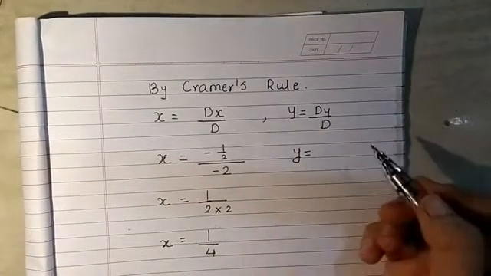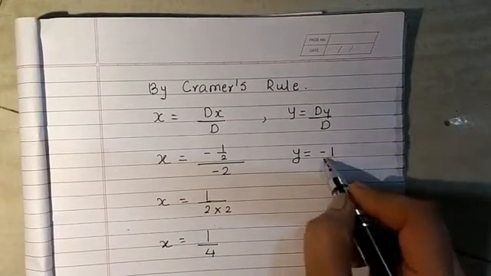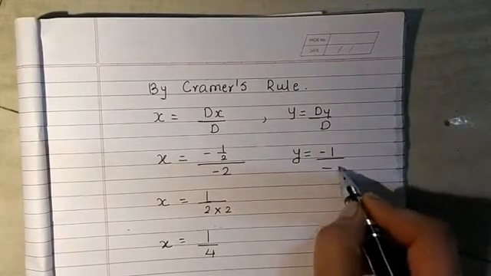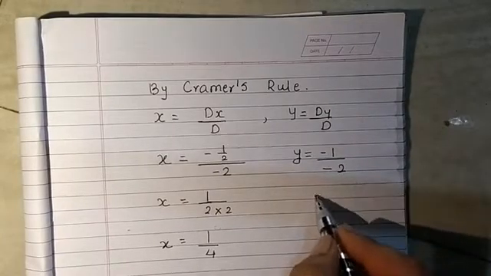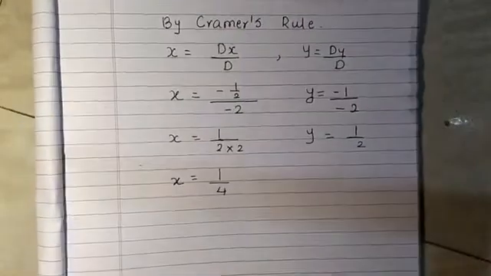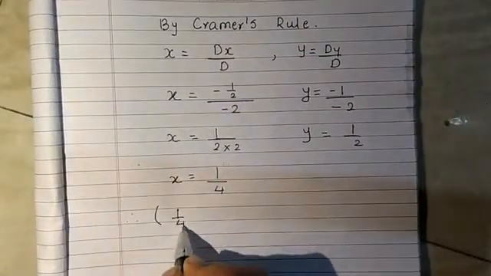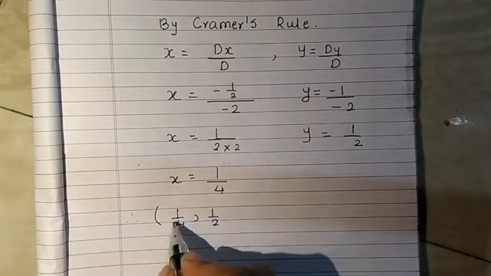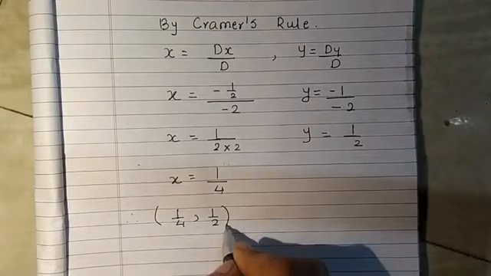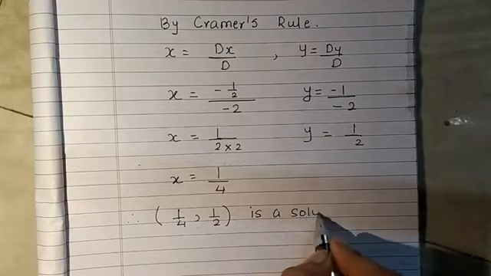Then y, which is dy. What is the value of dy? The value of dy is -1. The value of D is -2. So I will get the final answer 1 upon 2. So I got y is equals to 1 upon 2. So I will write down my final answer: 1 upon 4 comma 1 upon 2. Always x comes first, then y. 1 upon 4 comma 1 upon 2 is a solution